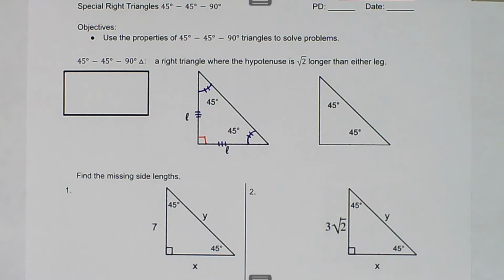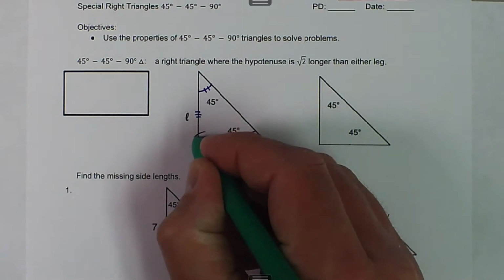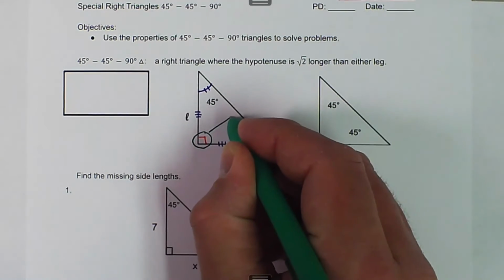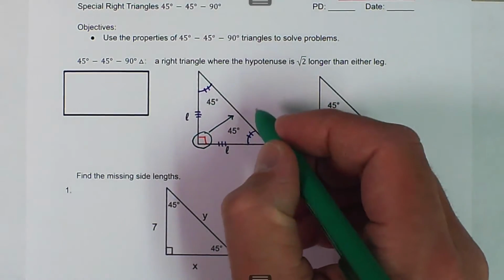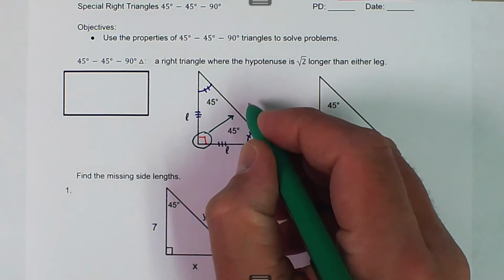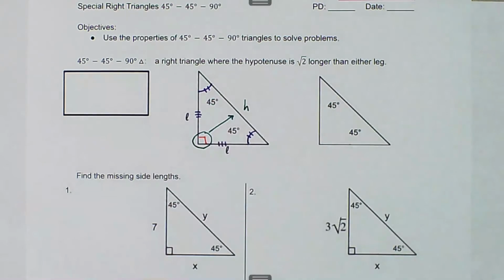So that brings us to our hypotenuse. And our hypotenuse is always the side that is opposite the 90-degree angle. So with that being said,